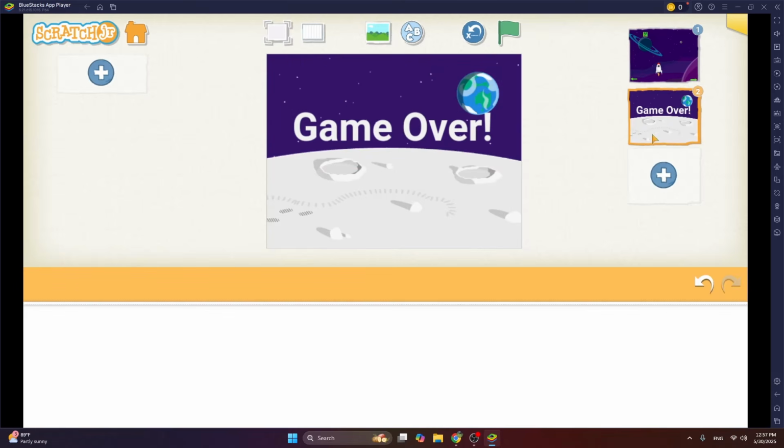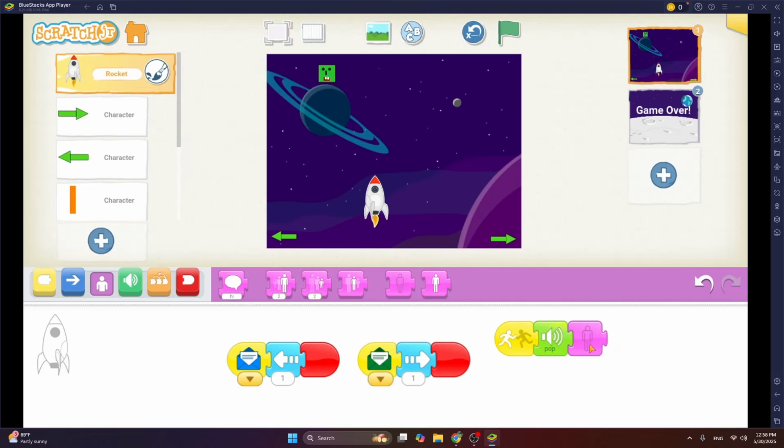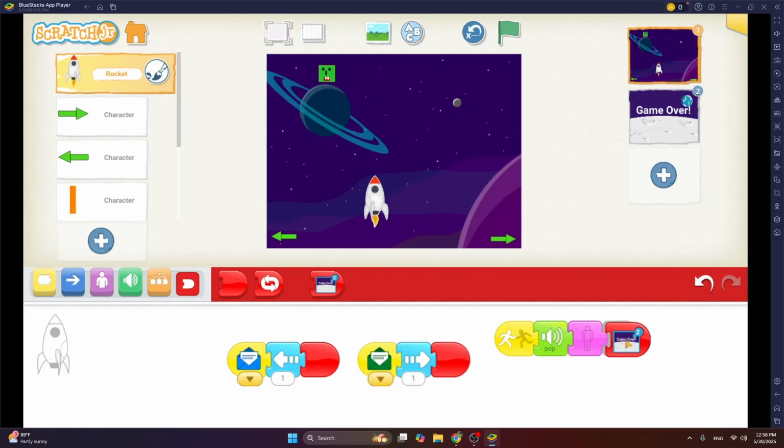and then give it a position somewhere here, and then go back to the first screen, and here make sure that rocket ship is chosen, and when something bumps into it, so it can only be the alien, because we have made sure that the rocket ship while moving doesn't hit or bump into the arrows, okay? So if the alien bumps into it, it means that the game is over. The rocket ship has been struck by the alien. So sorry, game is over. So for that, get the start on bump block and just play the pop sound again and hide it, okay? Hide the rocket ship and go to your game over screen, okay?